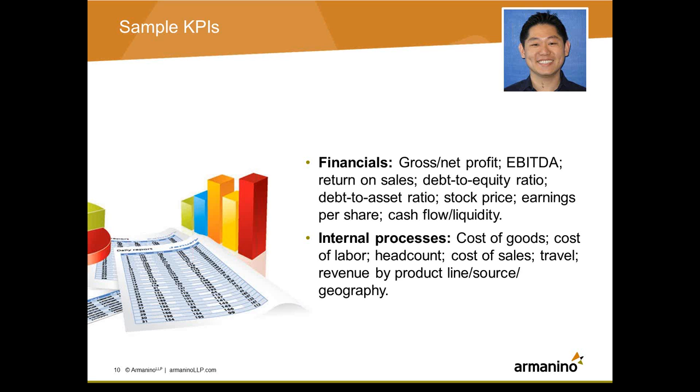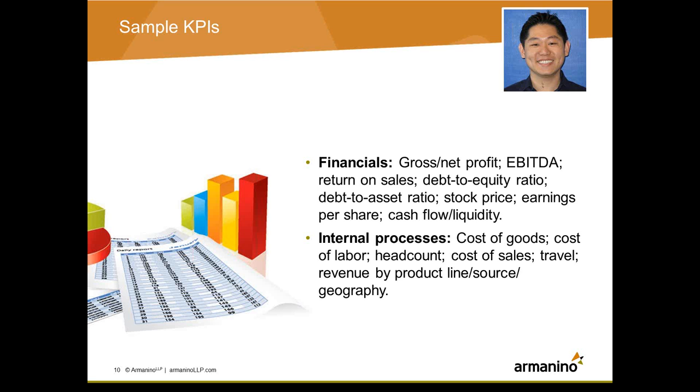Gross and net profit, that's something that's very common, along with EBITDA for a lot of organizations. But some of the things here, like debt to equity ratio and debt to asset ratio, stock prices, earnings, and cash flow, those are typically synonymous to a lot of public companies where they're trying to track how they're doing in the market. But there are also some KPIs involving internal processes, things such as cost of goods sold, very